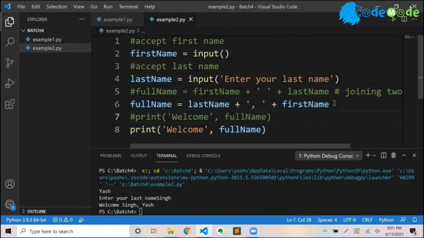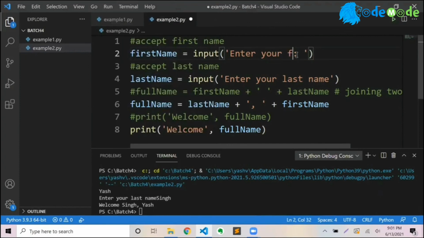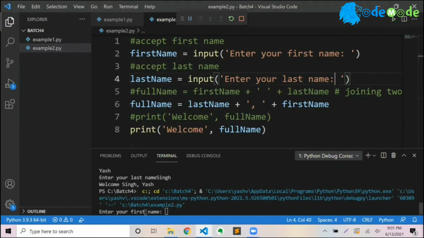yes, Singh, and welcome Singh comma here, because I am controlling the way full name is built on this line. However, I recommend you always give a meaningful message in the input, in the single quote. That way the user knows. Suppose I want the user to enter your age, right? And say enter your age and give a space here. In fact, I give it like this, colon and a space. That way you will notice the cursor will wait. Enter your first name. And now here also I'll give a space. Yes, you will say now it's better formatted. You see, enter your first name, colon, and then there is a space, and then the cursor is waiting.